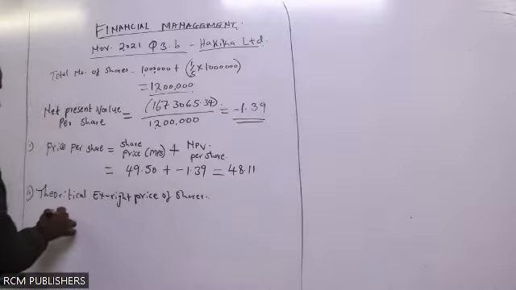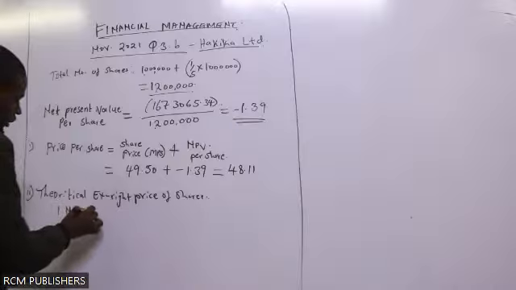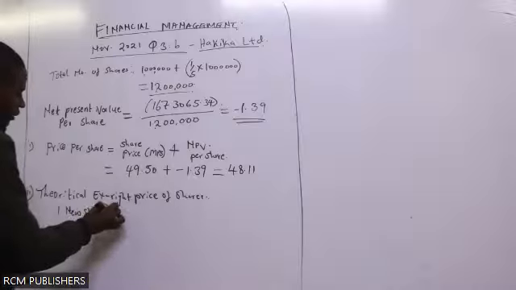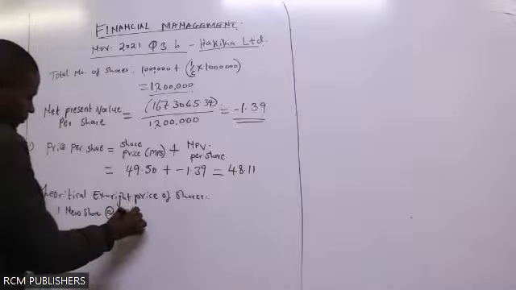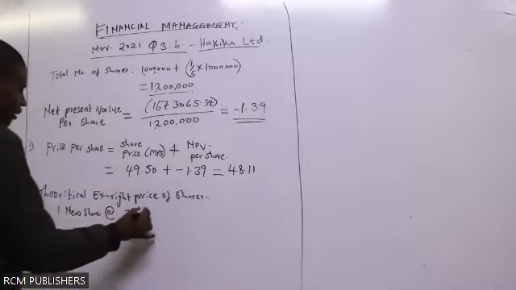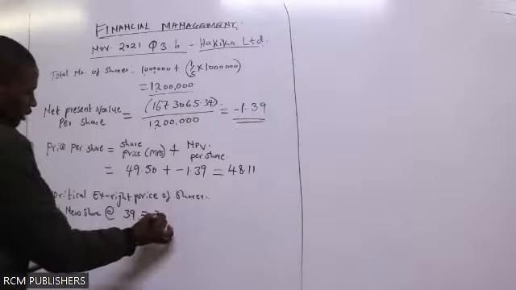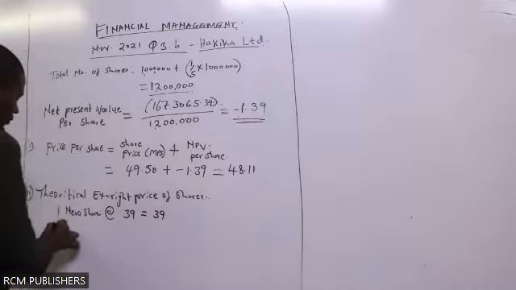The examiner is clearly telling us that one new share is going at how much? It is going at 39. So what's the total? If one is going at 39, what will be the total value of this one share? It will be 39. It will not change. Then the 5 old shares,